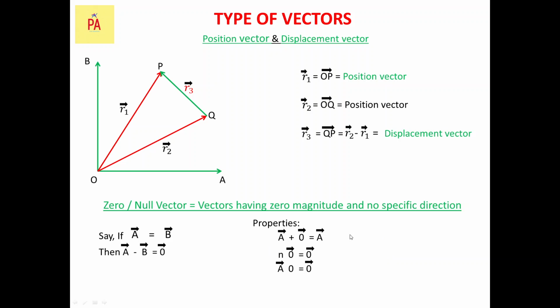Now here one question comes, which I would like to give as a question for your assignment also. Why then is the null vector required? Please do work on this. Why is the null vector required? Obviously, some requirement is there. That's why we are studying this. So you need to find out why the zero vector or null vector is required. I hope you will come out with some answers. If you don't get your answers, please ask in the comment section. After doing your own brainstorming, we'll discuss that part as well.